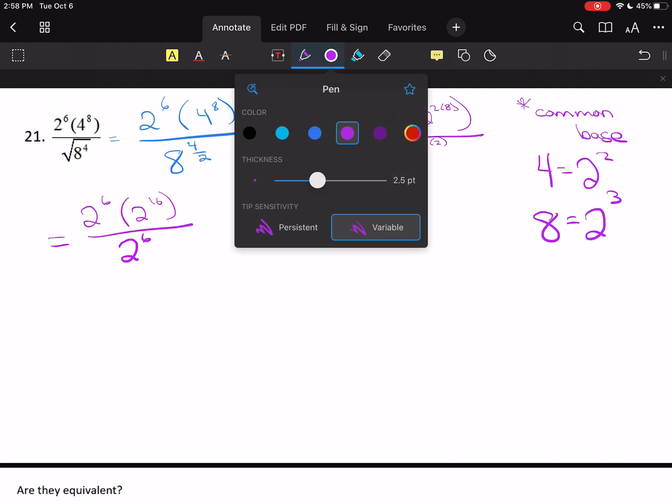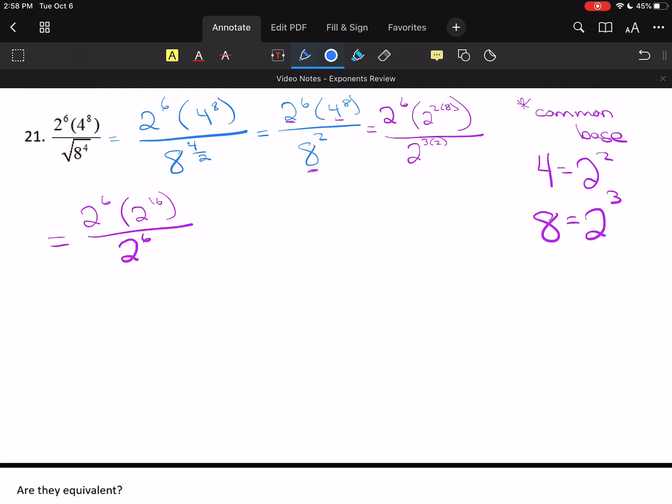Now I see that I have 2 to the 6th over 2 to the 6th, so you could cancel right away, or you could add the top exponents and then do your canceling. I'm just going to cancel the 2 to the 6s because they're the same. And I'd be left with 2 to the 16th. Now, 2 to the 16th gets pretty big, right? So we're just going to leave this one as 2 to the 16th. It's easier to write it that way than actually evaluating 2 to the 16th power,